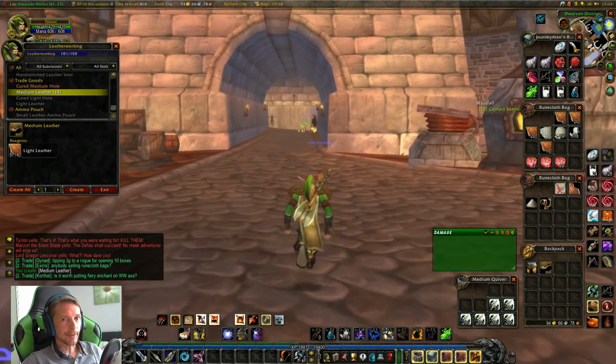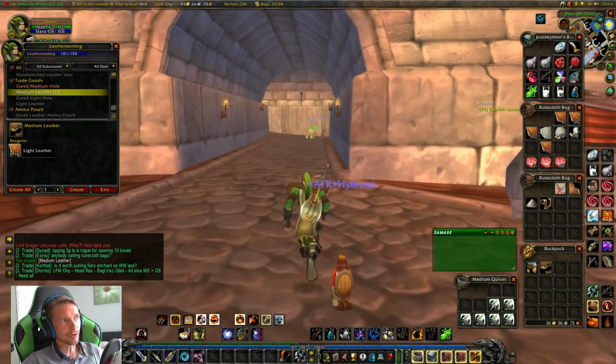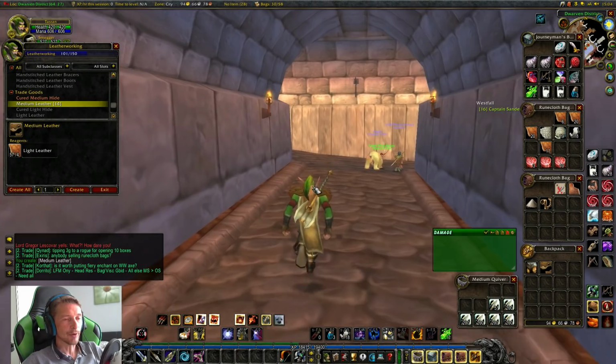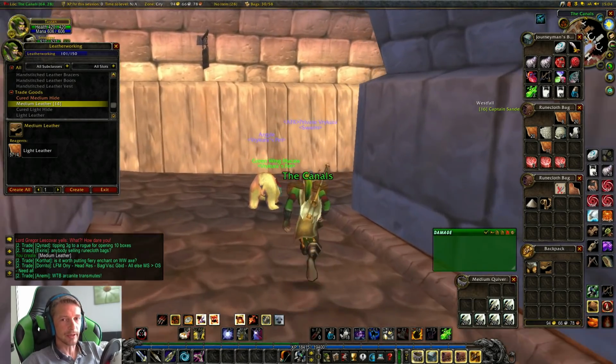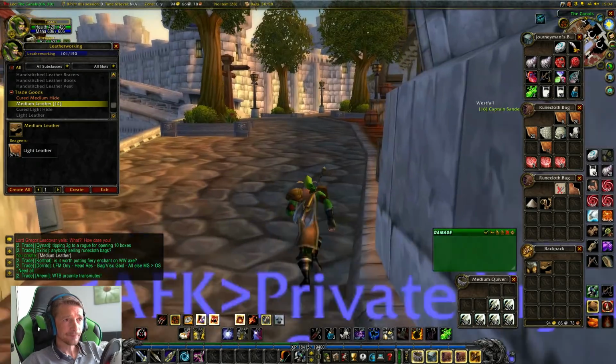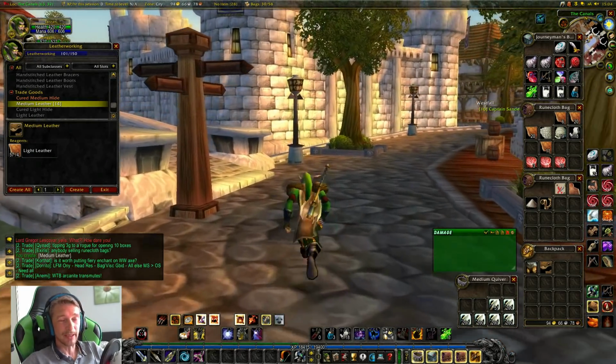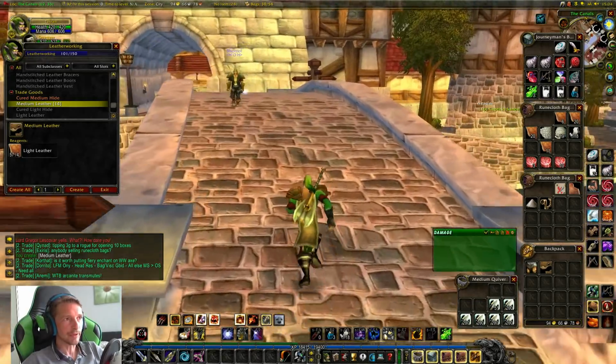I think that would be better. Head over to the leatherworking trainer, because if I get something at 105 I'll probably want to stop, because I'm not sure if I'm going to get any more recipes that are going to require light leather. I'd like to get the points for making the medium leather while it's still yellow, which is why I'm kind of pushing for it now,